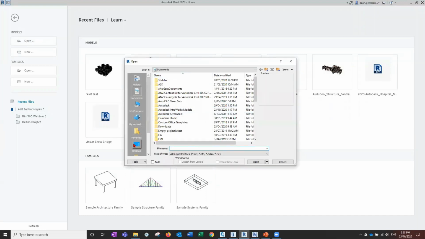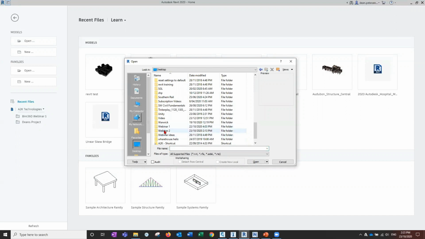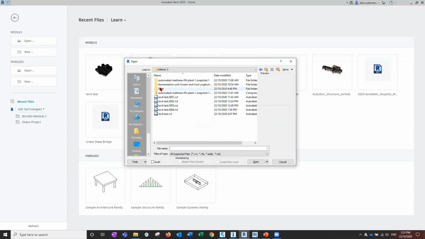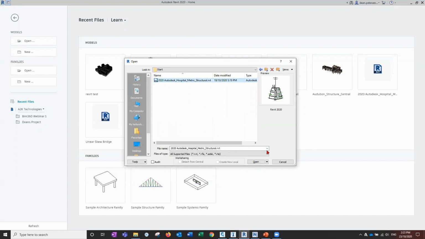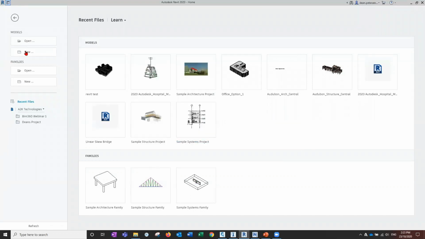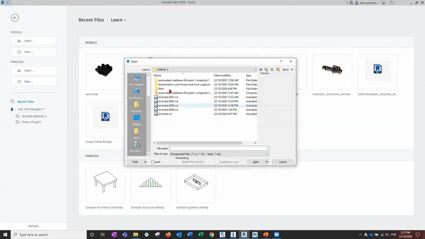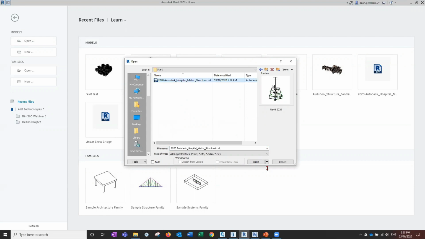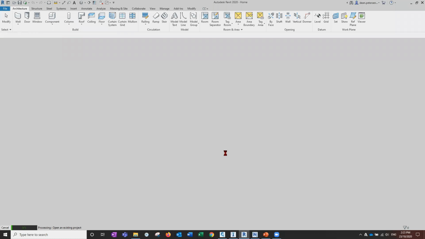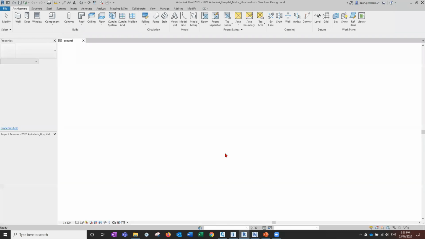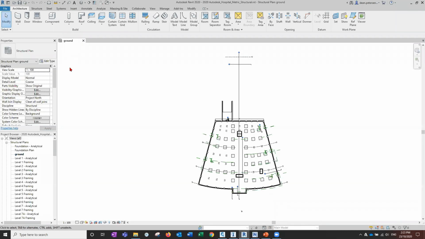Desktop. And start files, it's this one here. Sorry about that. That one there, and open it. And this is actually a Revit structure model. It's not a completed Revit model. So if we bring in a 3D view,